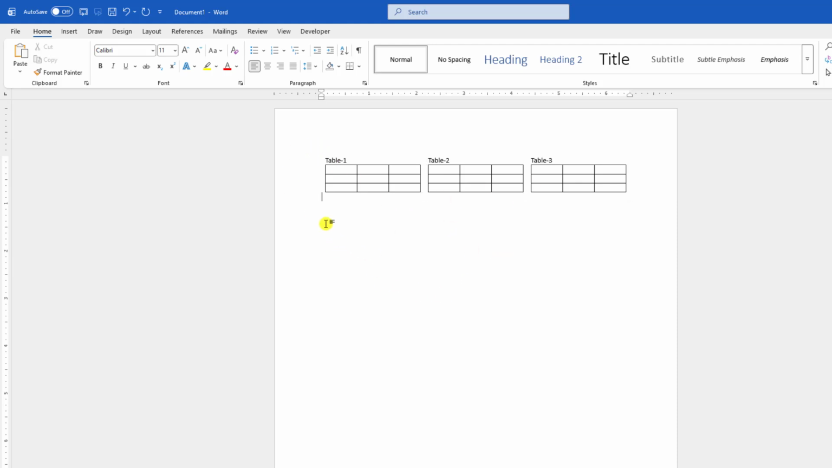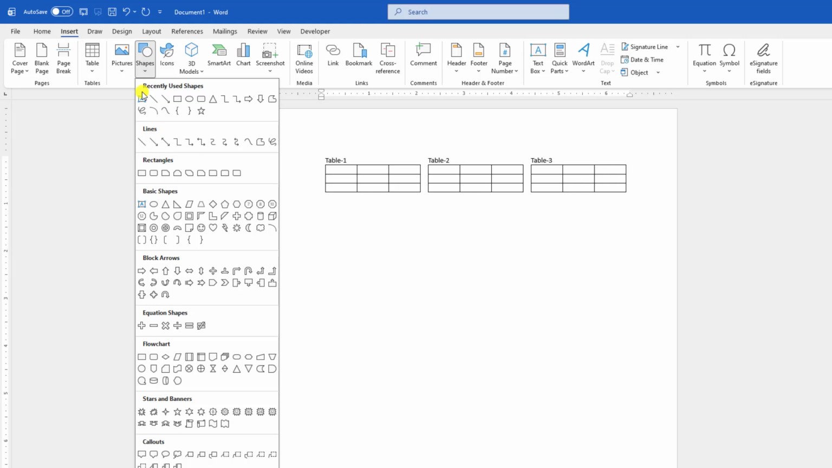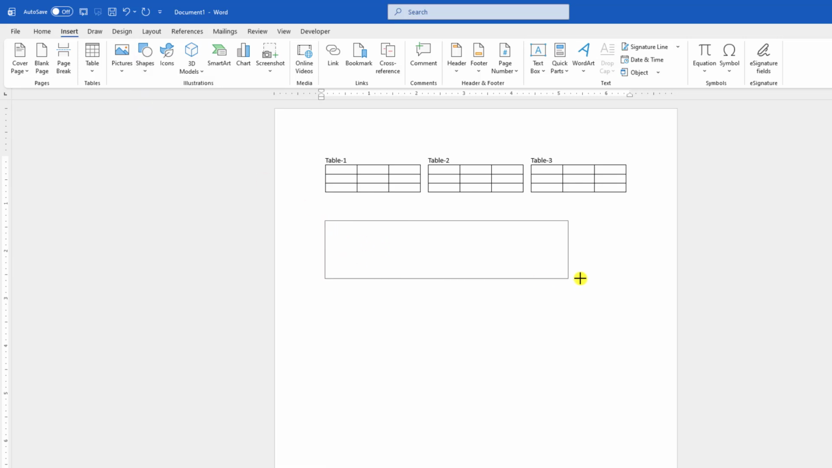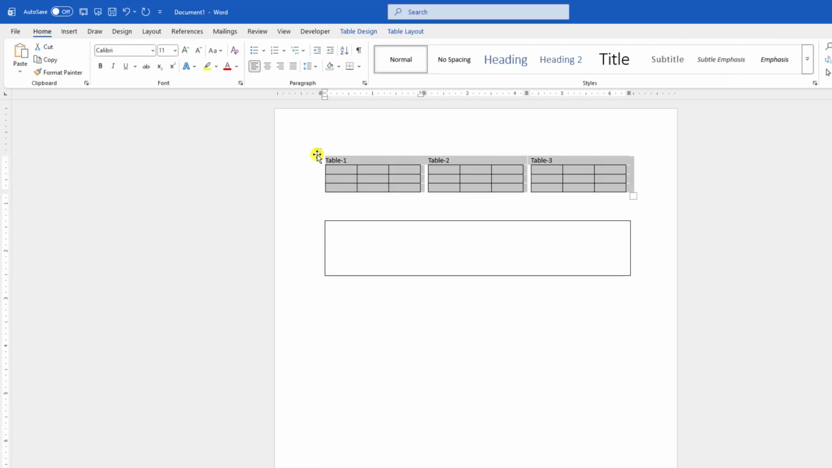We can apply another trick. Go to Insert, Shape, pick a text box and drag it over here like this. Select the main table, press Ctrl C to copy, and click on the text box and press Ctrl V to